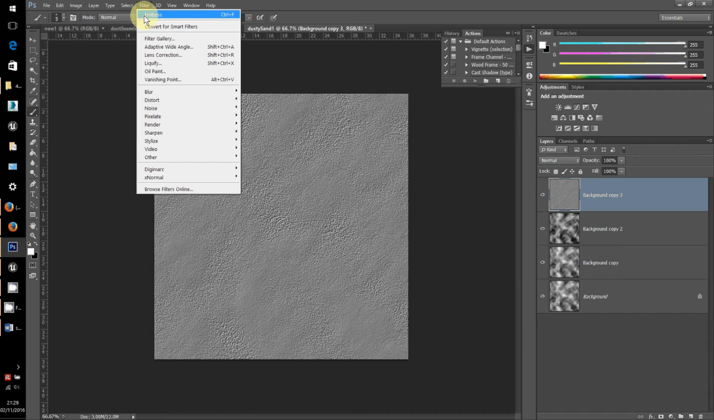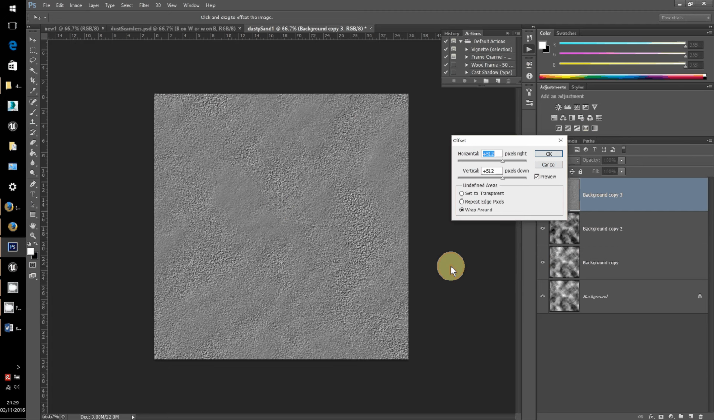So we go filter, other, offset. Now this one is set up so that it's exactly halfway along our 1024 sides, which isn't necessary in the first instance, but if you had a texture you needed to offset back again, so that when you offset the edges in, as we're about to do here,